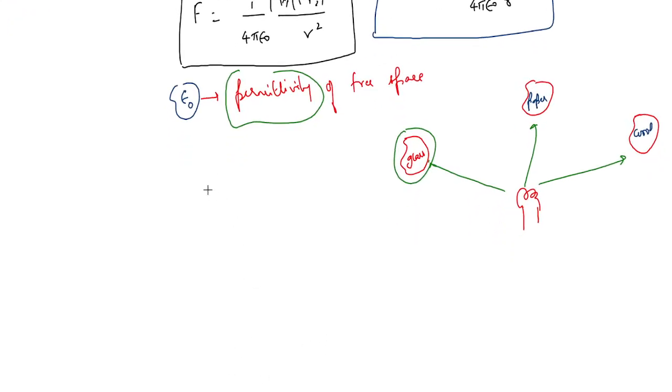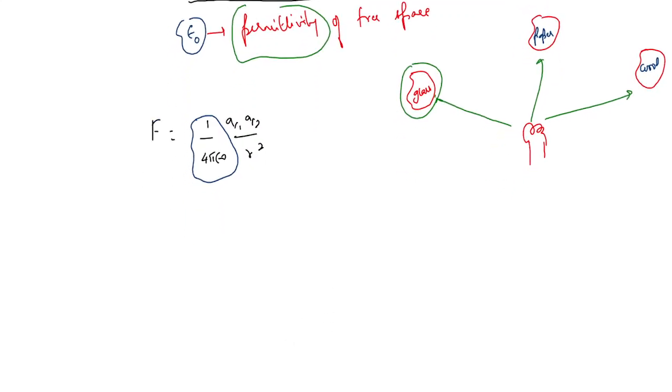Now, when you put the values here, the formula for force was given as 1 by 4 pi epsilon naught Q1 Q2 by R square. Since here the whole thing is a constant, because 4 is a constant, pi is a constant, and even epsilon naught is a constant, instead of writing such a big number, we will make it simpler. We'll define, or we will equate this to k. So let k is equal to 1 by 4 pi epsilon naught.